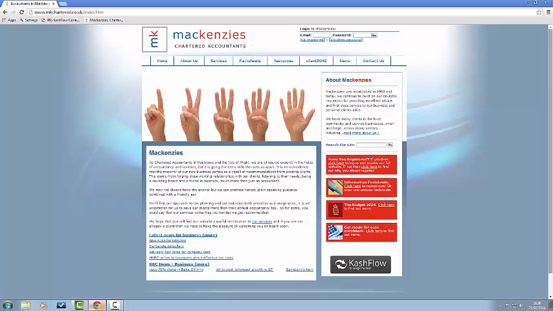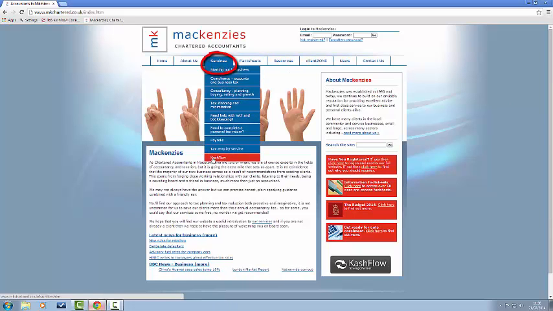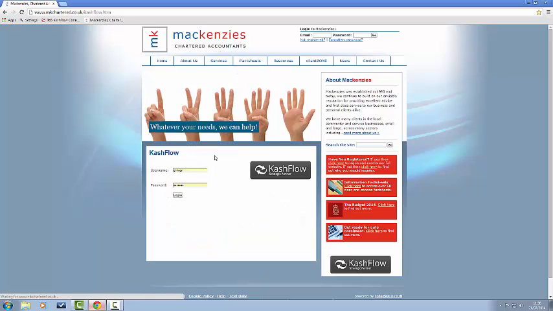So now let's have a look at the bookkeeping software itself. It's really easy to use and will only take a few minutes to run through. First of all, go to the Mackenzie's website. Under the services section, you will see right at the very bottom of the drop down a tab for cash flow. If you click that, it will take you to the login page where you enter your details and password